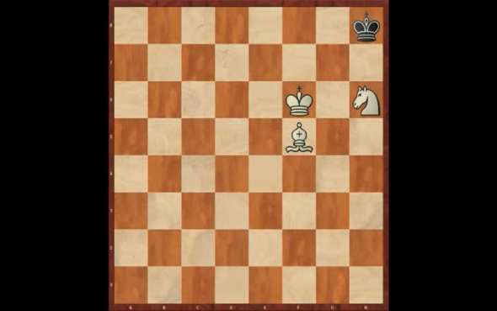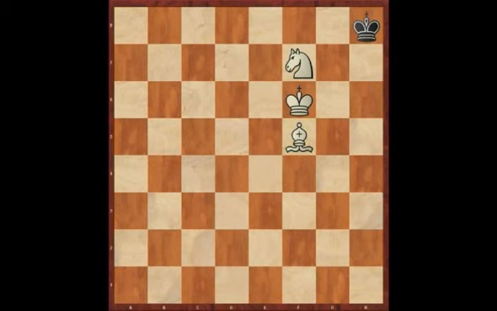Now, if it was black to move in this position, of course, the king wouldn't be a victim at all because the position is stalemate. So it follows that, from white's point of view, the black king is in the wrong corner. White wants the opposing king in a corner which is the same colour as his bishop. So basically, he wants to drive black all the way to a8 or h1 in this position. And it's a question of how this is done. Well, it's done